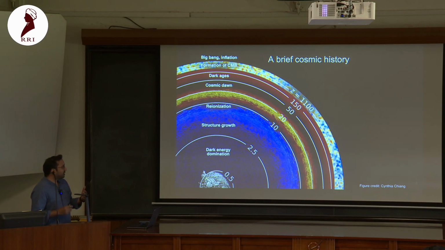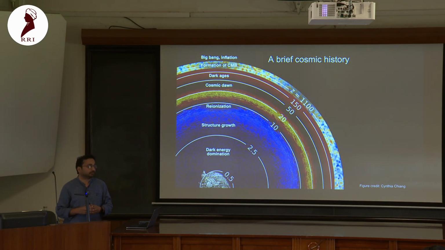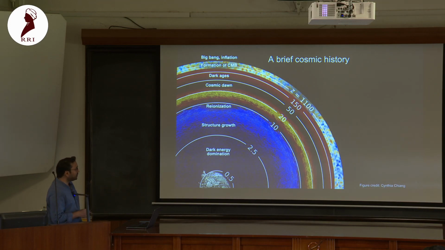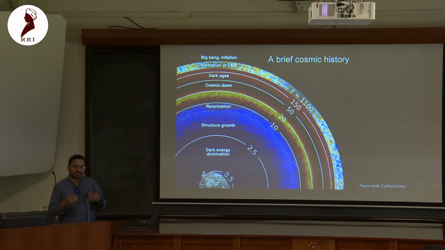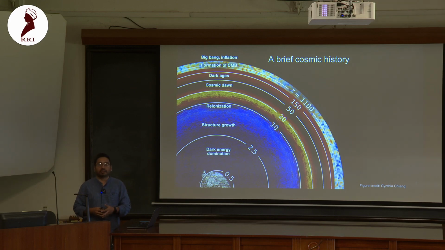This is just a chart of all different interesting events that happened in the process of evolution of the universe. So we know a lot about CMB, which is this black body curve that we all love. And with all these anisotropy measurements from WMAP and Planck, we have been really able to constrain this epoch of recombination right here. And then we have made a lot of progress to study our local universe. Many of the talks have covered that. But the process in between is really very unconstrained. So it's like you're looking at an infant and an adult, and you really want to figure out the rest of the time span, and this is a very non-linear process.